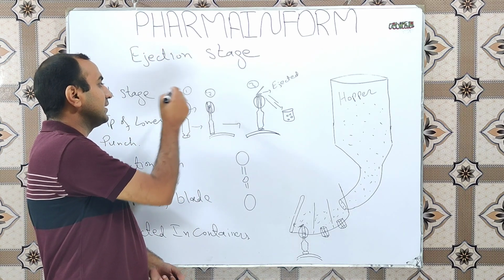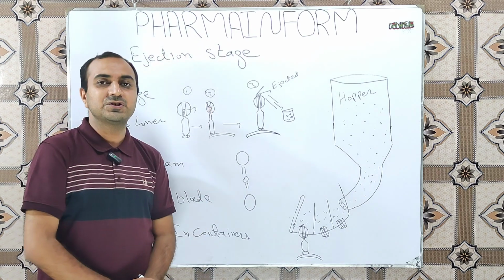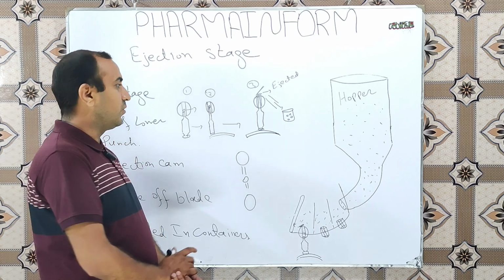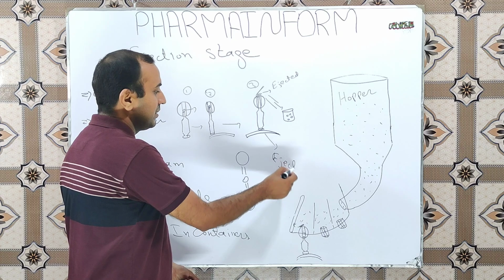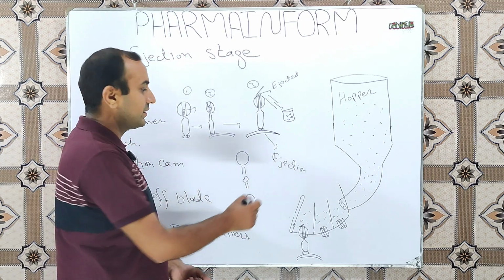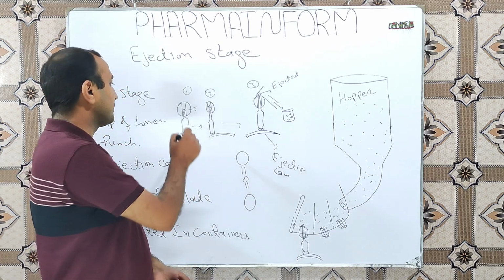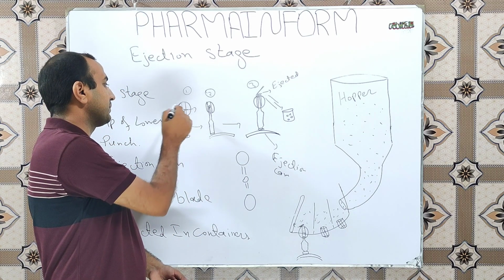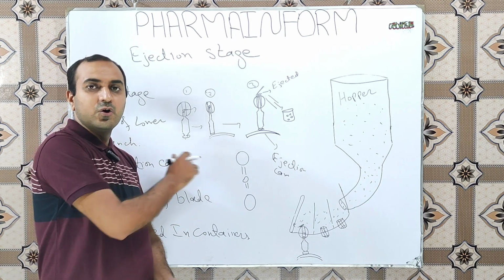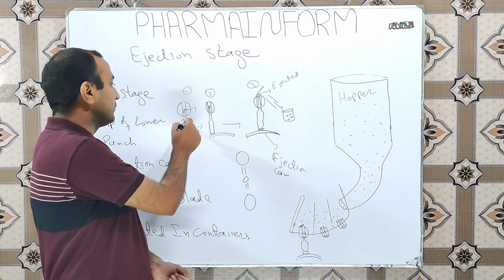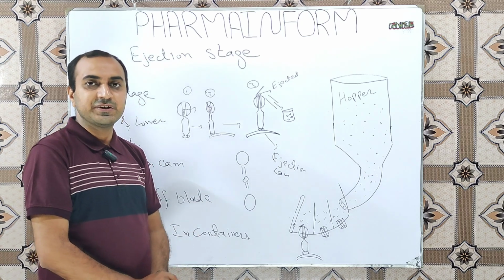So how will this tablet come out of the die cavity? For this, the tip of the lower punch plays an important role, and along with the tip of the lower punch, the ejection cam is also one of the main important contributory factors. So how is the tablet removed? Suppose here the tablet is just compressed at this stage and our lower punch is moving at its normal track, but to remove the tablet from the die cavity, it rides over the ejection cam.